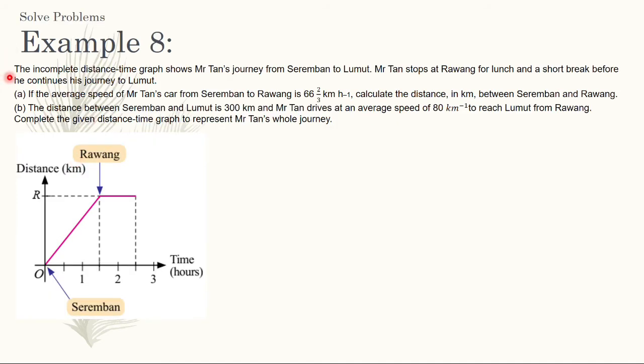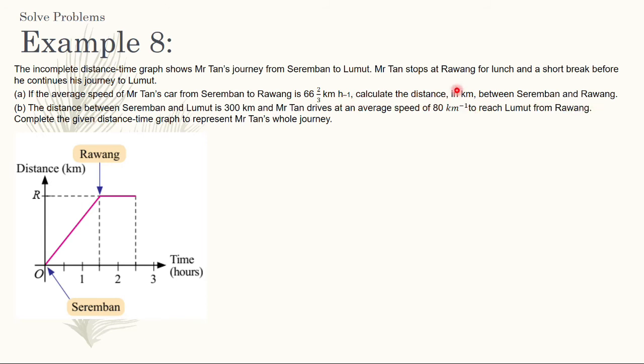The incomplete distance time graph shows Mr. Tan's journey from Seremban to Lumut. So it is incomplete, meaning that it's not finished here. Mr. Tan stops at Rawang for lunch, here, Rawang, and a short break before he continues his journey to Lumut. Okay, A, if the average speed of Mr. Tan's car from Seremban to Rawang is 66 2/3 km per hour, calculate the distance in kilometers between Seremban